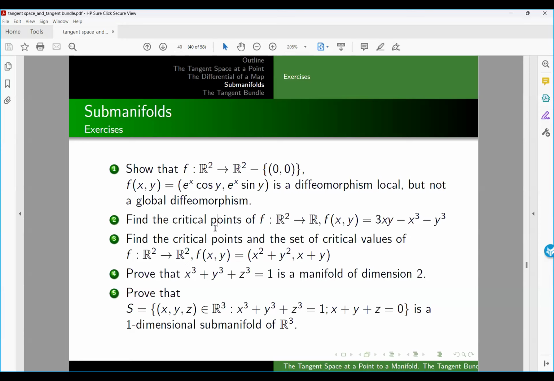All right, so let me go first to the second one. I'm going to come back to the first one because I remember, this is why I put it here, because I remember that yesterday I talked about local diffeomorphisms and global diffeomorphisms, so I want you to understand what it is. I'm getting back to question number 1. So first, let's look at this question 2. Let's do some computations together, so you understand how we calculate it.